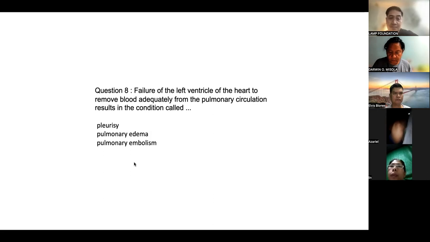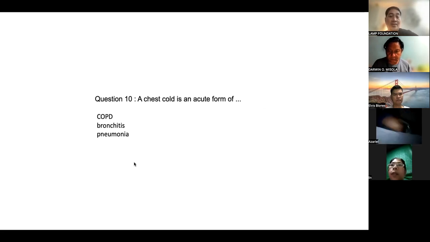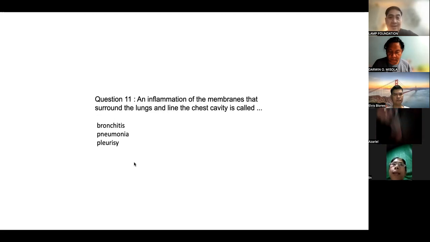Pneumonia. Failure of the left ventricle of the heart to remove blood adequately from the pulmonary circulation results in the condition called pulmonary edema. Which of the following is an infectious disease caused by a bacterium which is spread through the air? Tuberculosis. A chest cold is an acute form of bronchitis. An inflammation of the membranes that surround the lungs and line the chest cavity is called